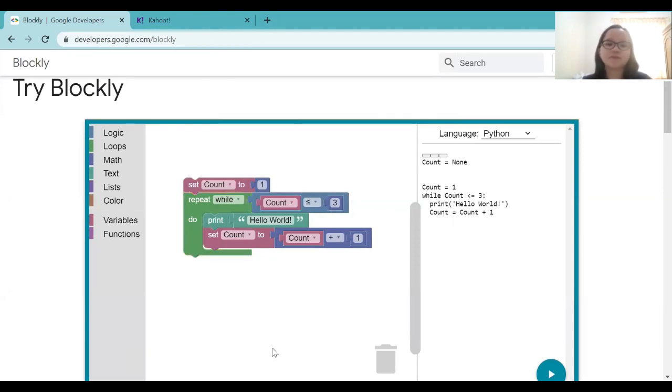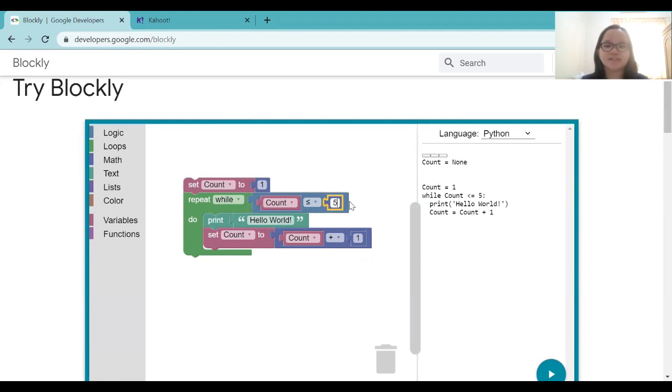The concept is a simple version of creating a program with Python. In Python, you have to type all the text and consider the syntax. But here, all you have to do is drag and drop the blocks and arrange them so they form a certain program.